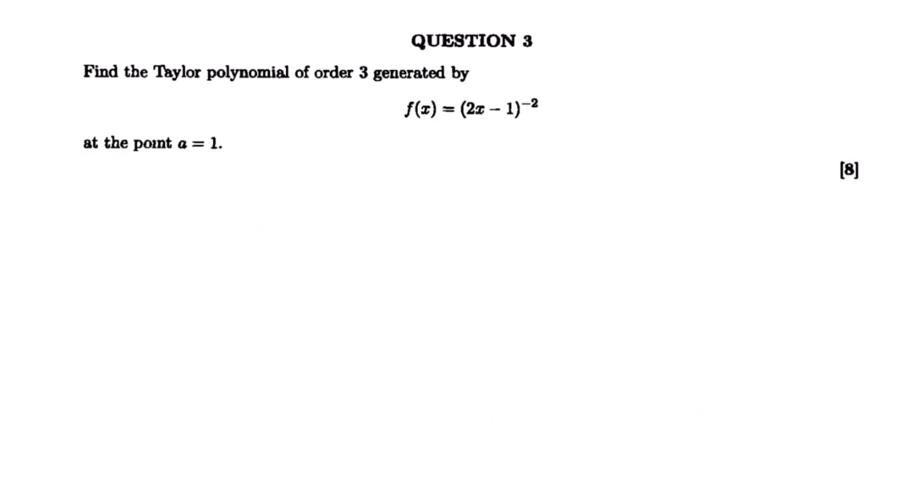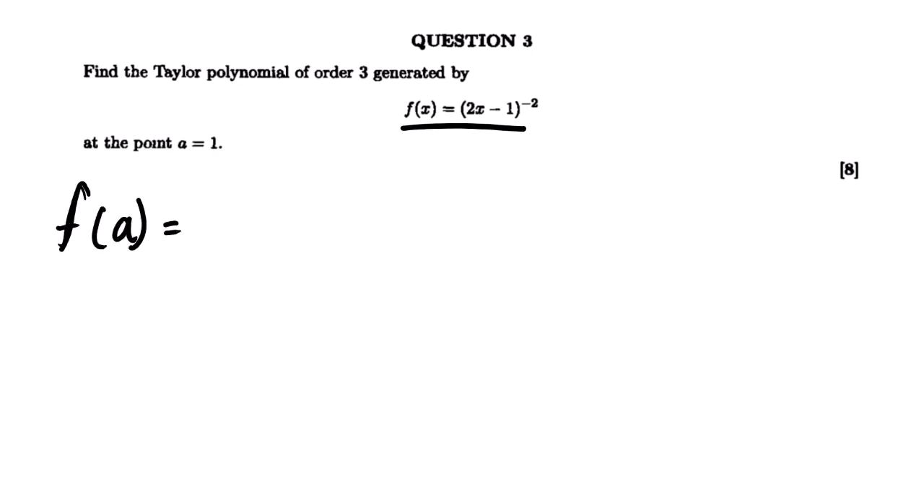It's about Taylor polynomial. Question 3 says: find the Taylor polynomial of order 3 generated by the function f of x equals (2x minus 1) to the power negative 2 at the point a equals 1. There is a lesson video whereby we look at the basics of Taylor polynomial. So remember, the first thing that we need to do, we need to evaluate